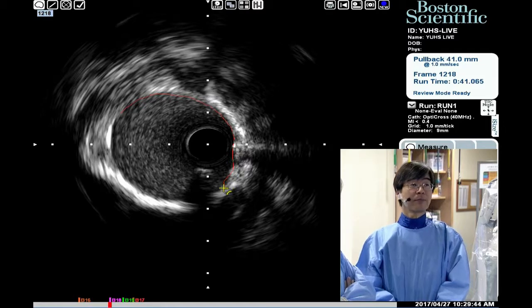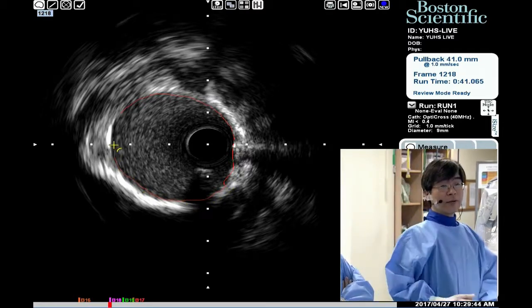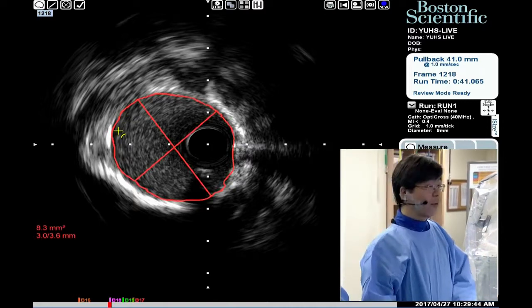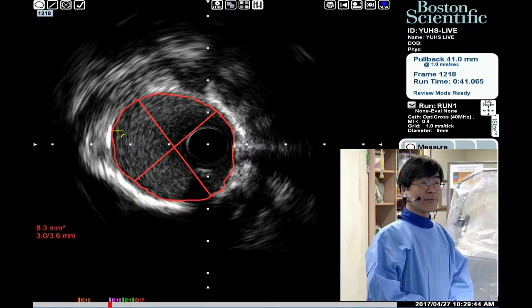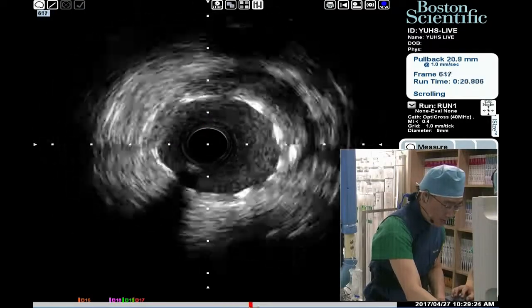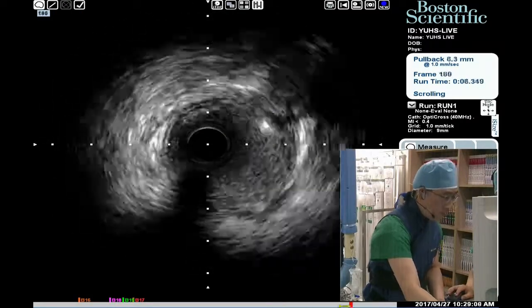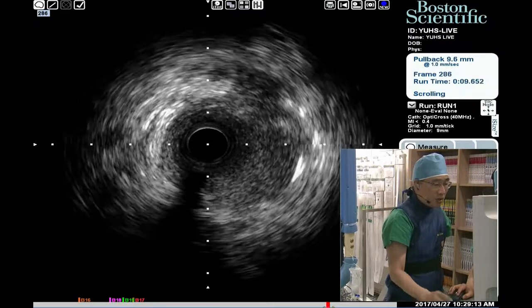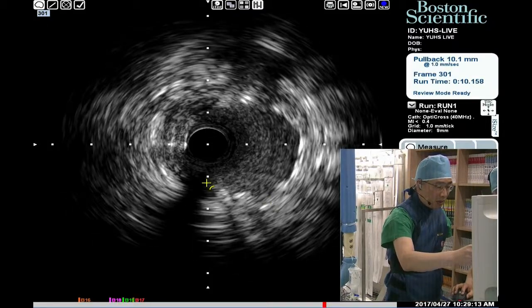The distal part of the stent looks like it is a little bit underdilated. Professor Kim, what is your opinion? Not the distal part, just the distal edge of the stent. Tell me the area of the distal margin of the stent and the smallest lumen area at the left main. Let me check again, the distal part. Okay, distal edge.